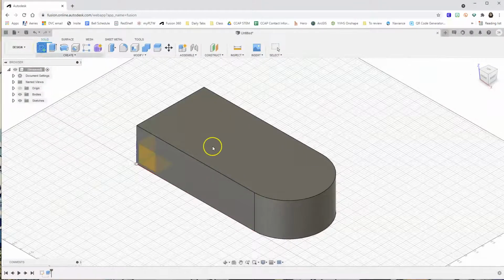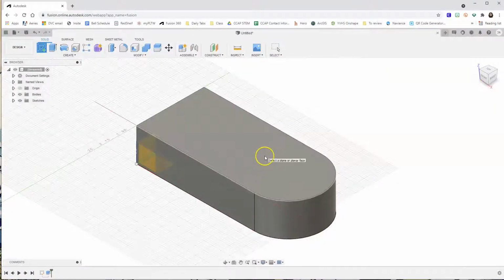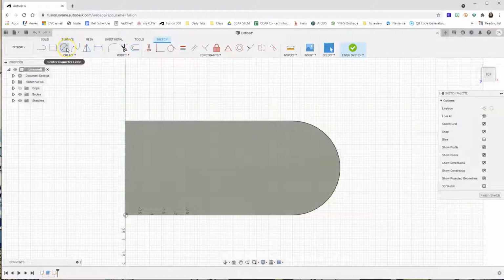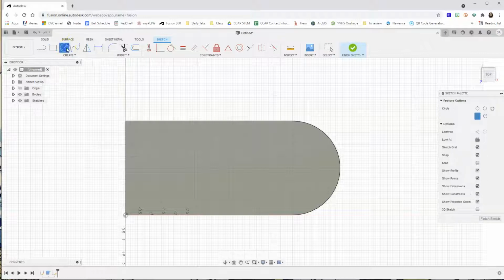Next, create another sketch on the top plane. Choose center diameter circle. And then just make sure that you're drawing from the center. This was the center of the first circle that we drew, so I'm going to draw there, and then line up with this circle. I'm just going to draw another circle somewhere here,